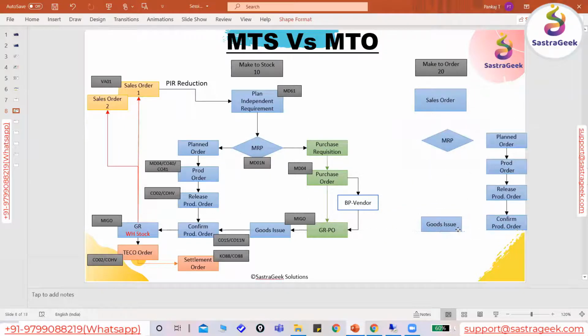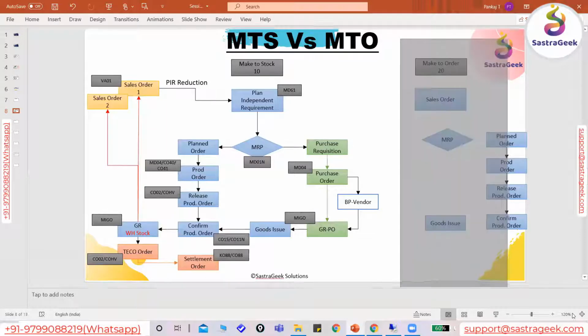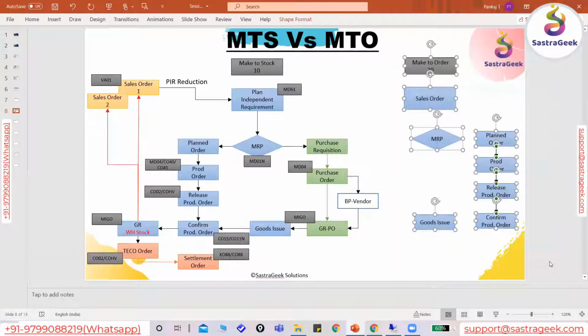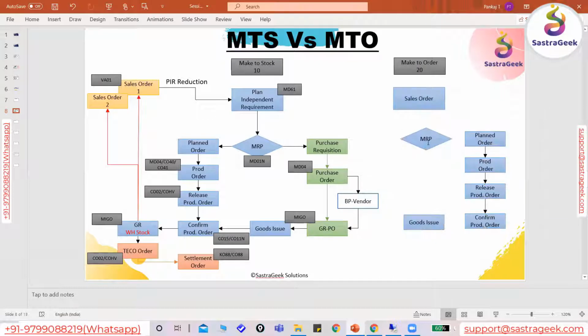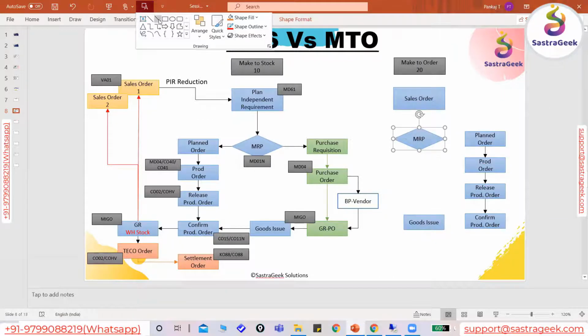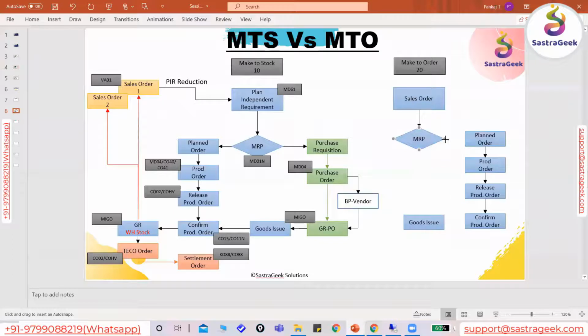My planned order and planned order confirmation and everything will be the same, and my purchase requisition cycle will be exactly the same. Okay. So once I get the sales order, we will run the MRP, and the system will create the planned order.